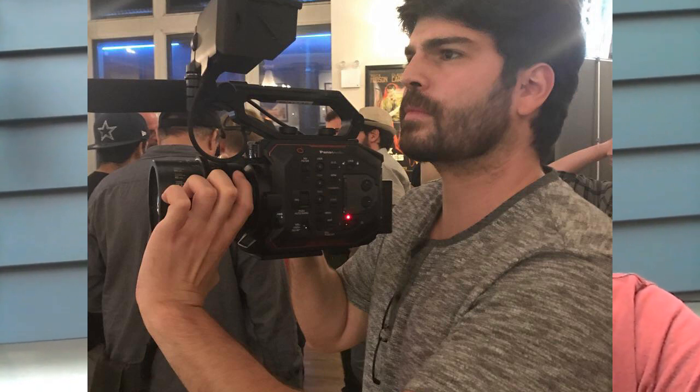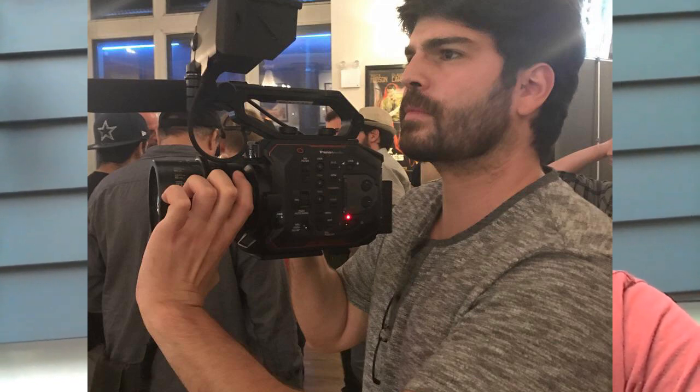We can get all the specs, but really seeing it in person, I have to say that the size is fantastic. It's a lot smaller when you actually see it in person than what it appears to be on video, in my opinion. But let's get to what you guys really want to know about. You can read up on the specs and see the images online, but the videos that we saw were three short films ranging from 8 minutes to 3 minutes, pretty much just showing off what this camera can achieve